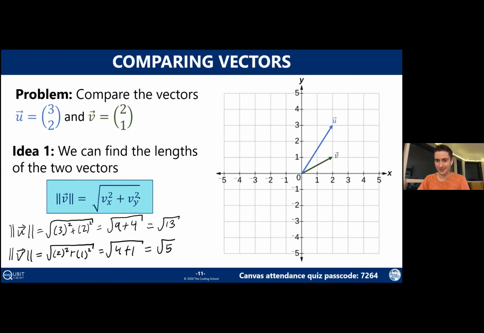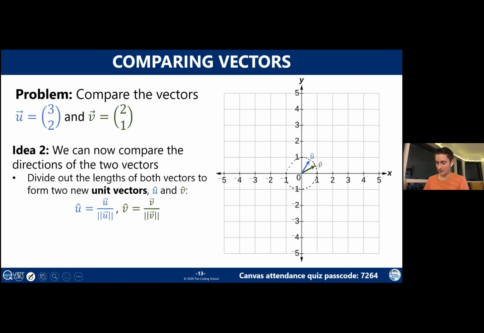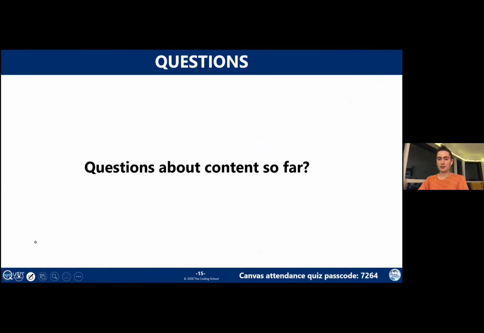Someone can correct me in the chat if that's not true. But yes, we did go over magnitude in a previous lecture. So if you're not sure how to do that, just go back and watch that. We go over it a little bit slower. You're more than welcome to simplify. If you want to work out what the number divided by the square root is, you can just use a calculator for that.